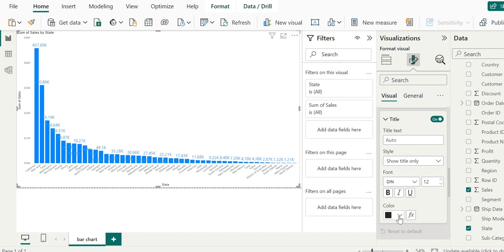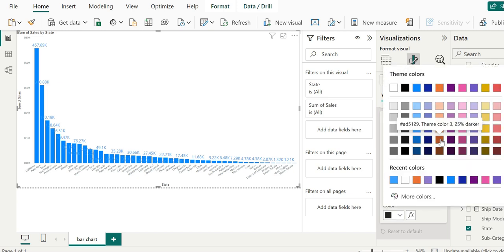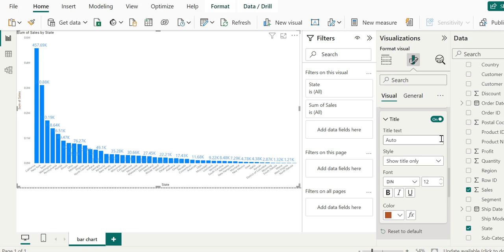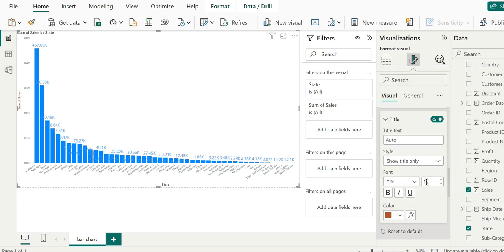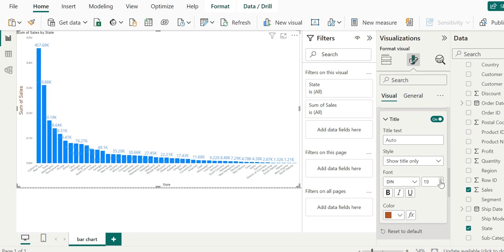If you want to show a different color, like this one, you can change the color in your DAX formula. You can see the sum of sales is changeable and the color of the title also changes here.